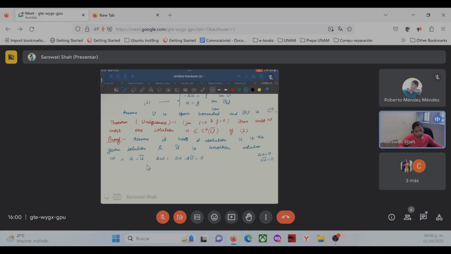Did I prove that the Laplacian operator forms a group, not a group? It satisfies the property of, what do you call this property? If U1, U2 belongs to a set, then alpha 1 U1 plus alpha 2 U2 belongs to that set. What do you call this property? I proved that the Laplacian operator satisfies this property. So using that property, it comes del W equals 0 in U. And an integration by parts